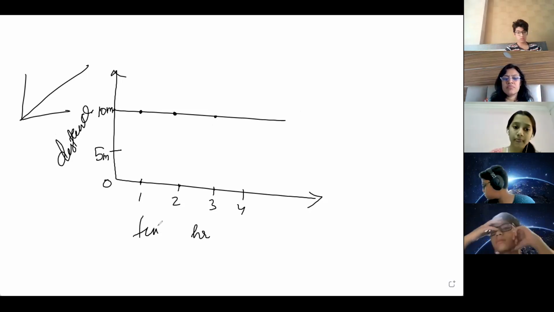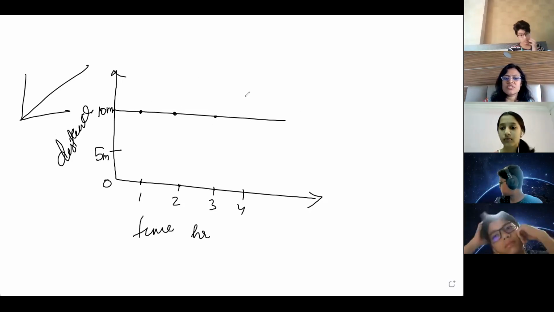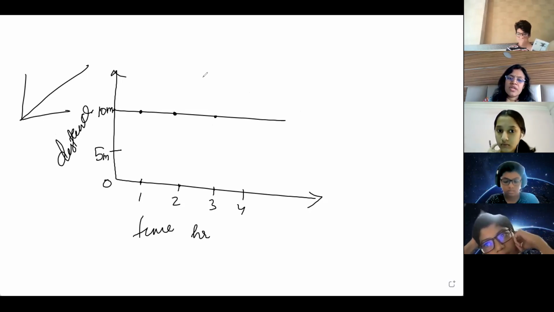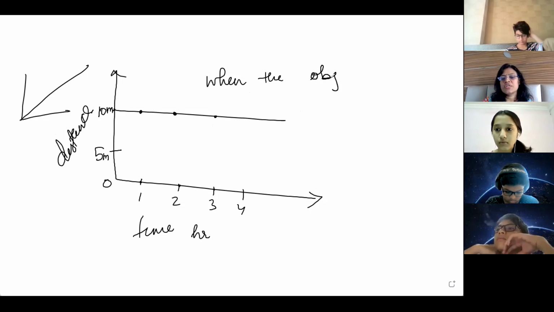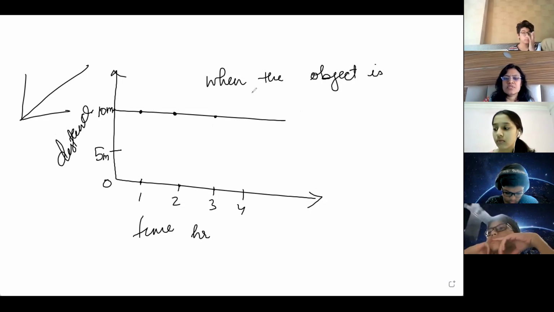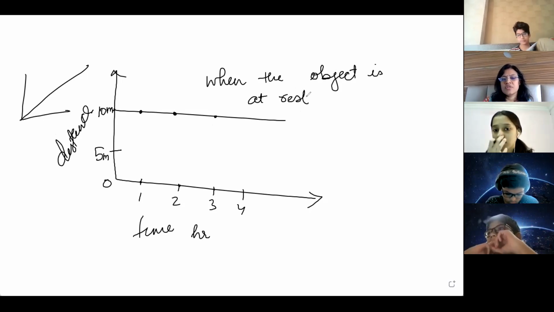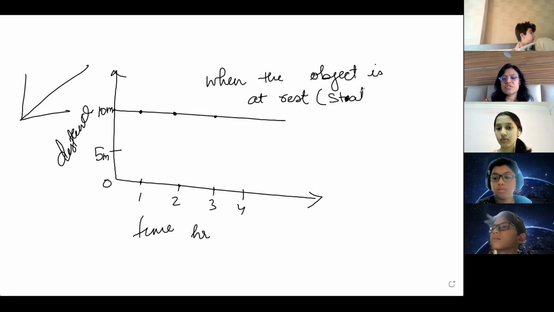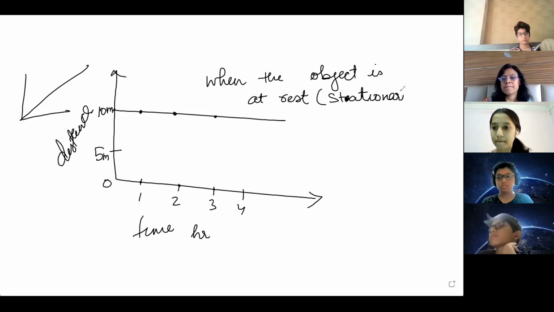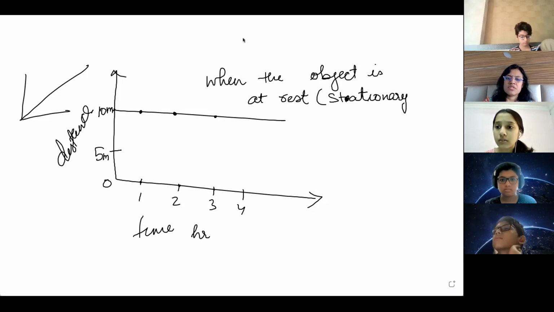This is time. So horizontal straight line is when the object is at rest or stationary or not moving, stationary. Stationary मतलब